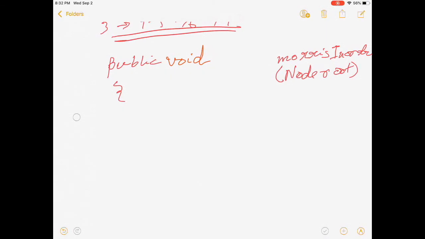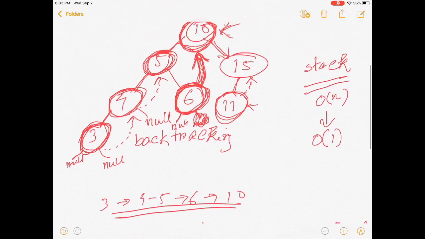We will start by taking a node as current, and the current node will be root. And while the current is not null,